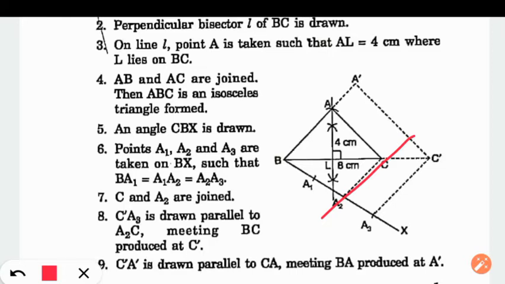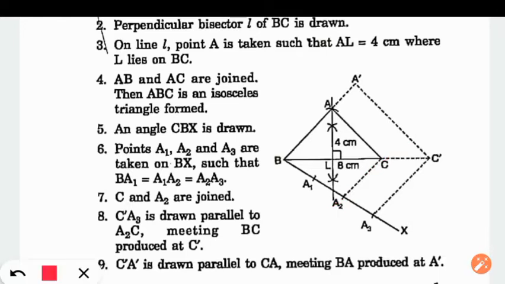In the previous video also I have told you how to draw parallel lines, but still I will give you one link. You will see how to draw two parallel lines. We can draw two parallel lines by using alternate angles or by using corresponding angles. In this figure I have used the method of corresponding angles. So you are requested to go to that link which I will give you in the description section and see how to draw two parallel lines.